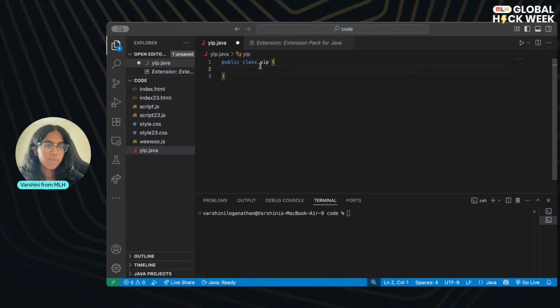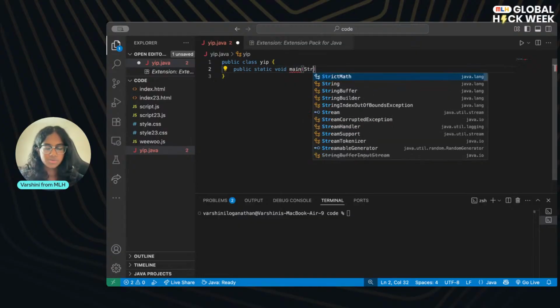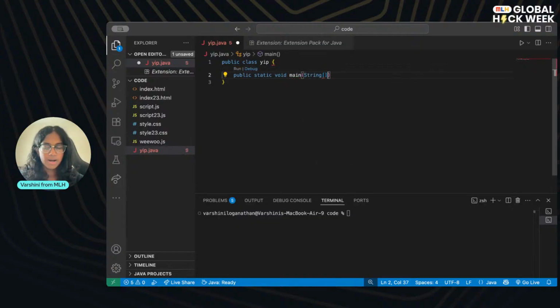But yeah, we're going to call our public class. Just make sure whatever you call the file name, that's here. And so we're going to do public. So we're going to do that big line that I showed you, that method header. We're going to do public static void main. And we're going to do String, our brackets, and args. So that's our arguments. We're going to do open brace and